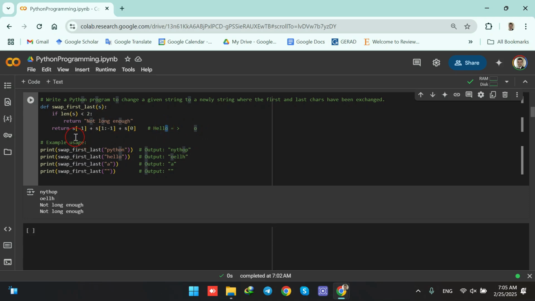Why O? Because we are calling the string with the character of index -1, and the character with the index -1 is O. For example, for a string which is hello, the last character, which is having the index -1 of my string hello, is O. Okay, so I write down O here, plus,